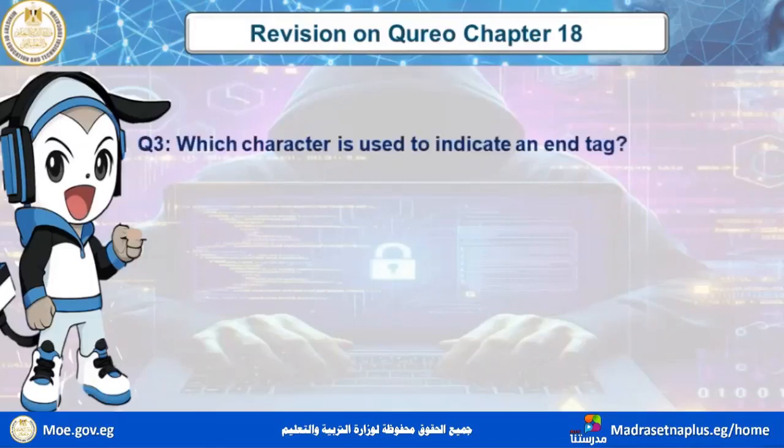Now, question number 3. Which character is used to indicate an end tag? How can we close any tag? We use a certain character to close any tag. Sometimes we have non-closed tags, like the image tag. The image tag has no closing tag. BR has no closing tag. But if the opening tag has a closing tag, we use a certain character to end the tag, which is